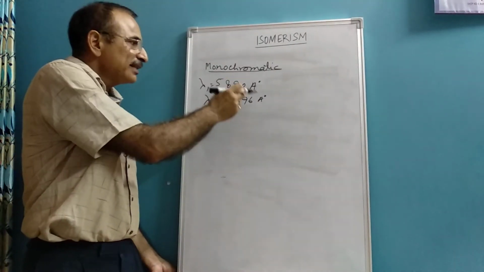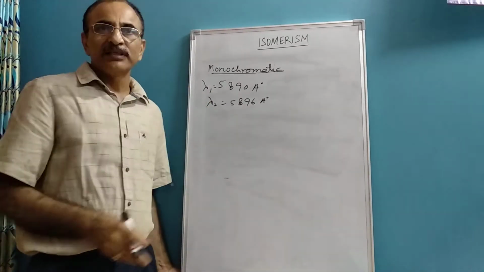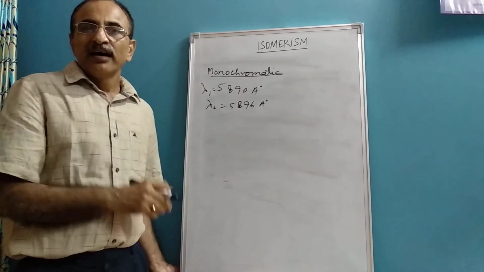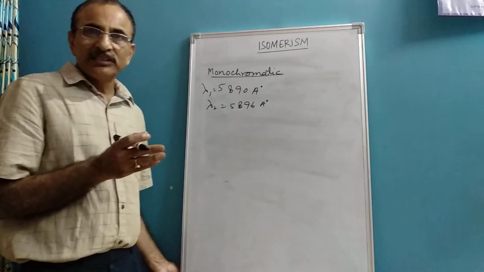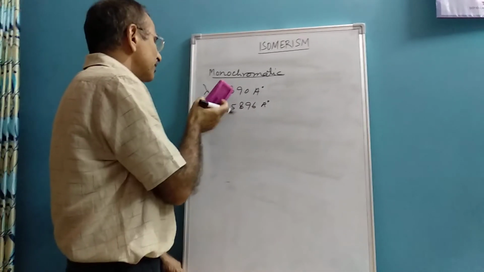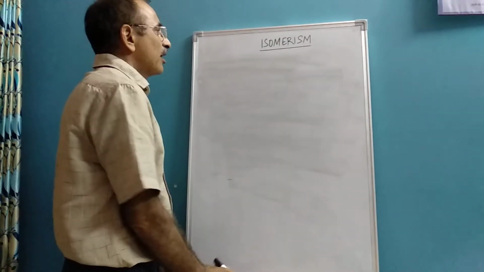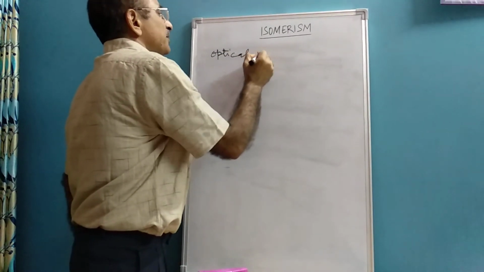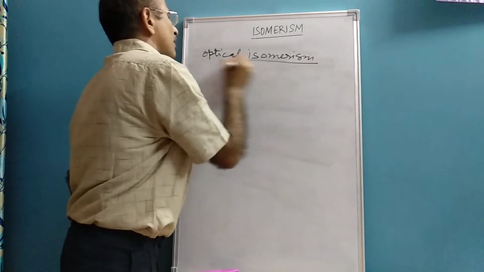Here wavelength difference is very small, due to which the sodium vapor lamp is considered to be source of monochromatic light. And other source is laser light. Laser light also emits same wavelength, similar wavelength, single wavelength. Now, in optical rotation, optical isomerism,